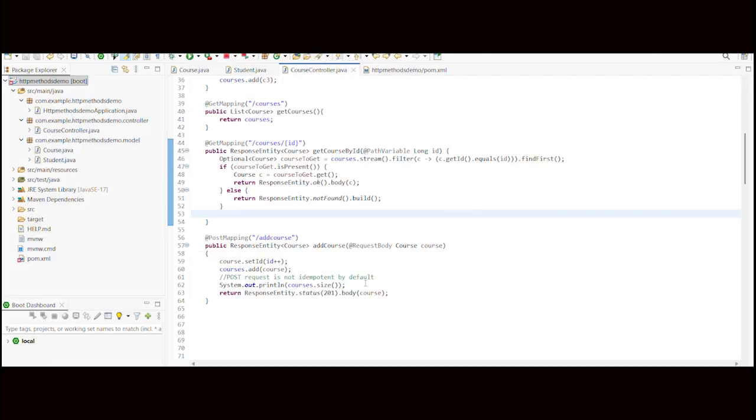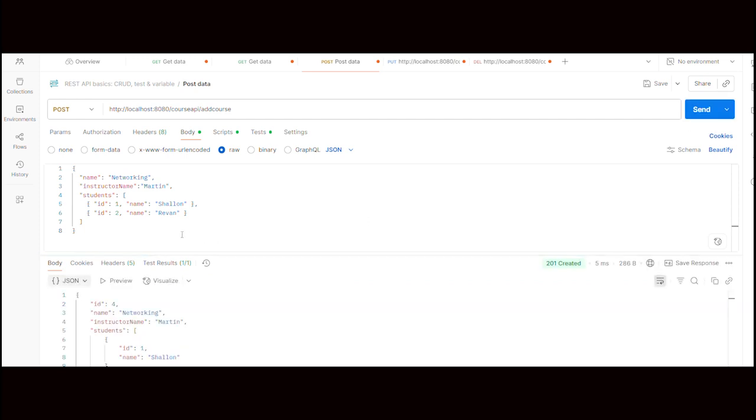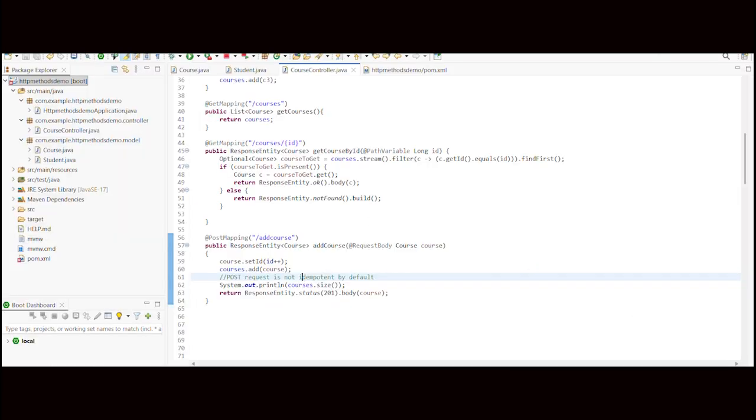Now, POST is not idempotent by default. So if you again send the POST request, you get that the resource was created again. So we have to define an inbuilt logic in the